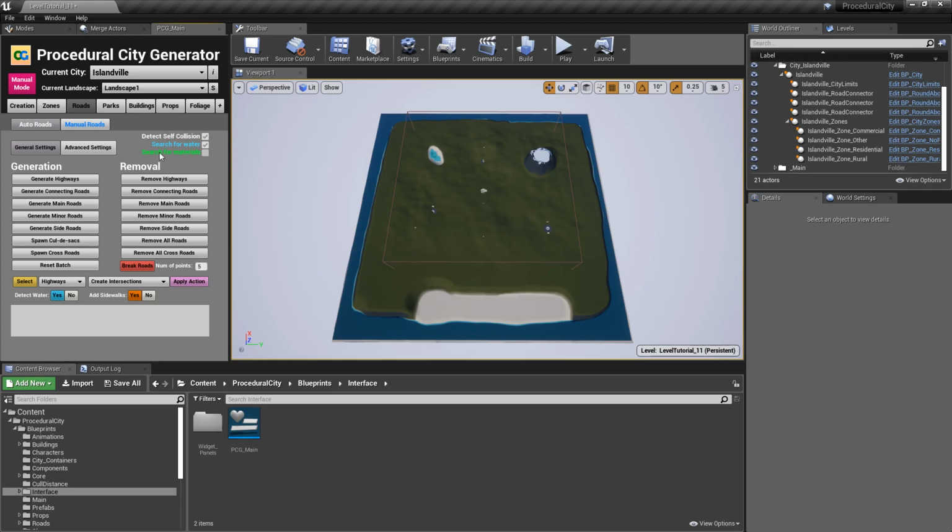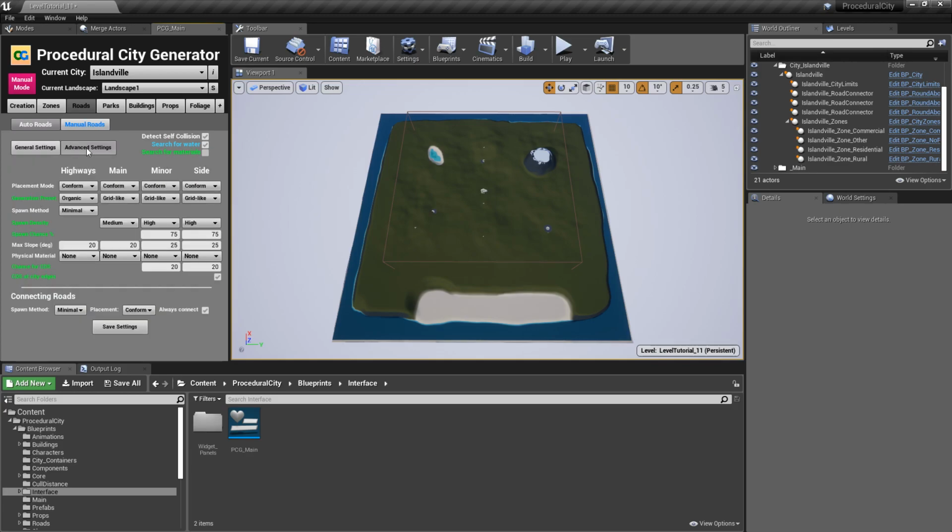And the same thing for materials. In this case, we won't do anything, but if you wanted to avoid specific physical materials for your roads, this is where you would click on search for materials, and then the roads could have an additional trace for specific materials. If you go to the advanced settings here, you'll notice that we have an option to select a physical material per road type. So physical material here. You can see that you can select it here,